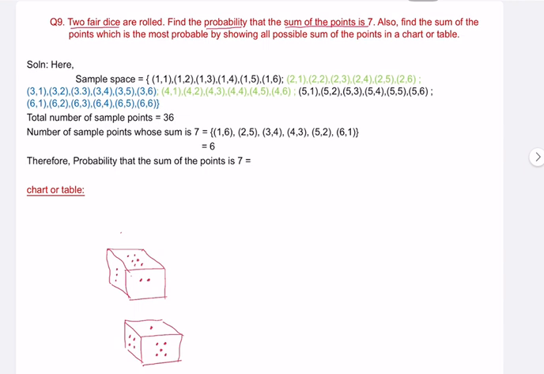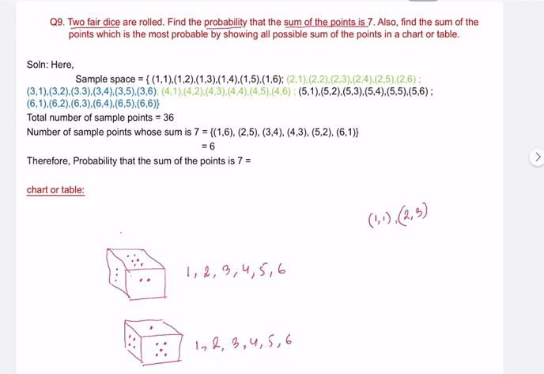So, first of all, in a die, how many numbers are there? There are 1 to 6. So, 1, 2, 3, 4, 5, and 6. And in another die also there is 1, 2, 3, 4, 5, and 6. Now, when two dice are rolled together, the possible outcomes can be 1 and 1, or it can be 2 and 3, whatever comes out in the dice. So let us assume in numbers, but the question here specifically asks that the sum of the points is